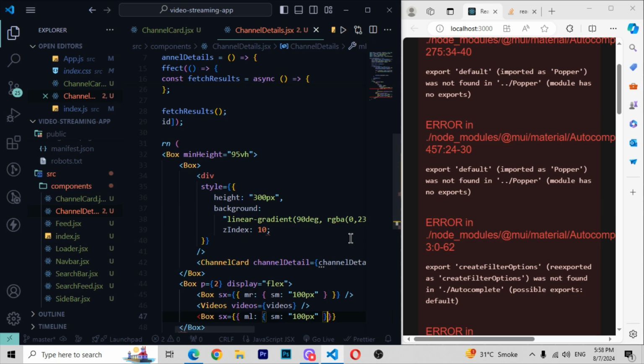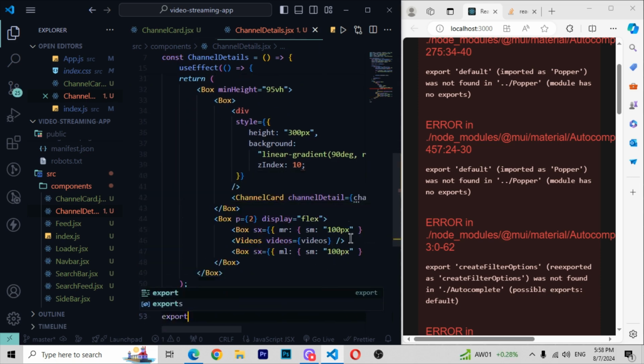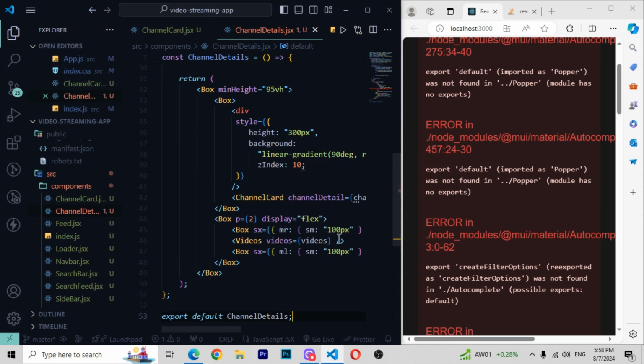Then here I will be simply giving a space as well and closing it by writing this close tag. Then simply close this and export default. Then I will be writing channel details. So here I will be writing channel details to export. Save all this, and after saving I will be doing one thing,